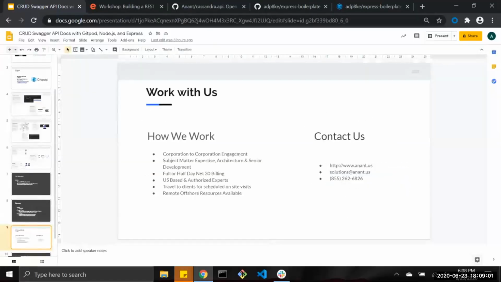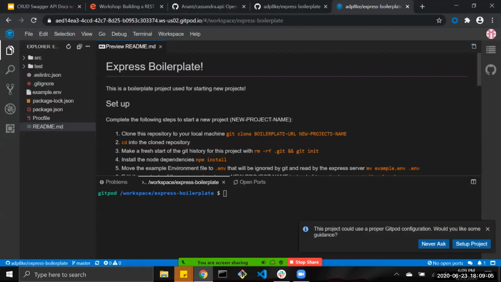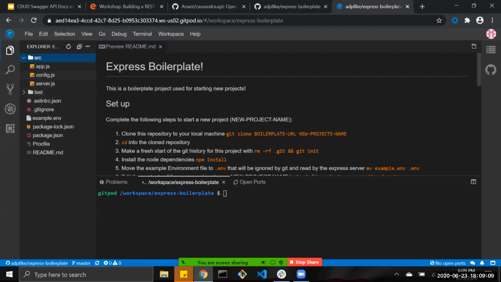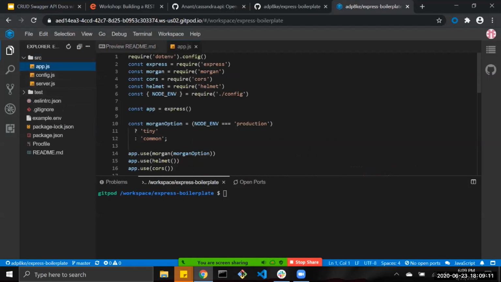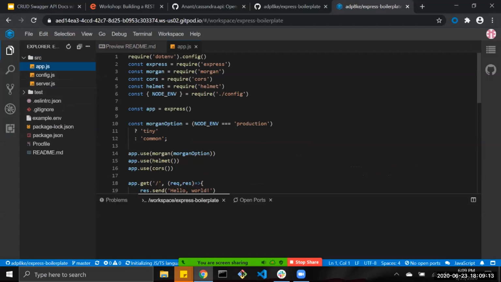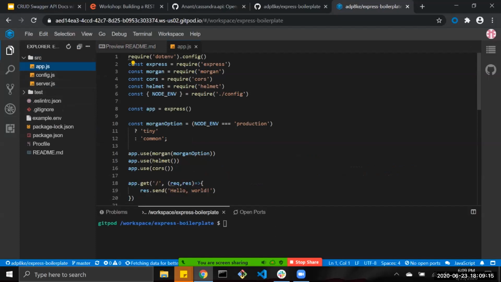So if we go to our Gitpod, if you're doing this along with me, we can go to our source directory and then we can click on app.js. So here is a boilerplate, my own personal boilerplate for a Node Express app. You can fork it if you want, do whatever you want with it, but just don't commit or push any changes to it, please. Okay, so starting from our terminal, we're gonna npm install